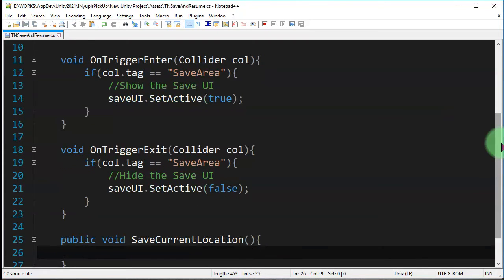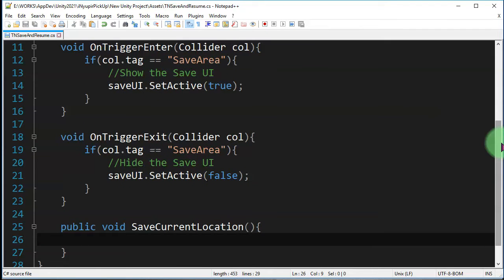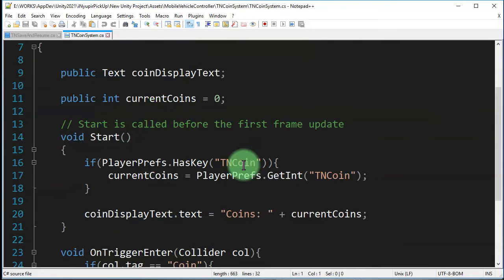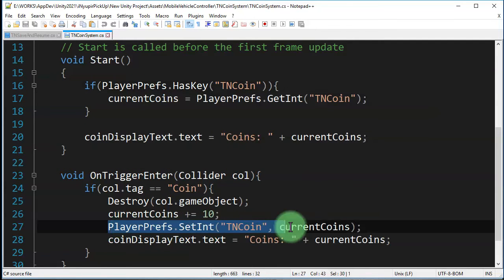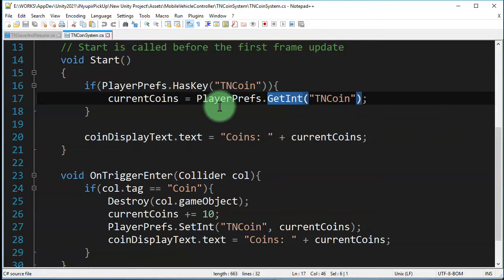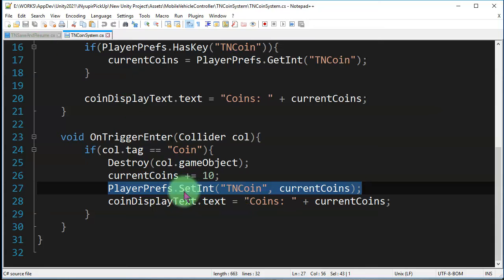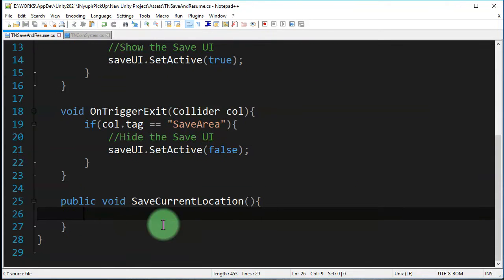What we are going to do here is to save the coordinate of the player to the Unity player prefs. What we did in the previous tutorial on the coin system, we did save the value of coin here, set integer to set the integer value of coin that we got, and here to load how much coin we have. So I'm going to do this same thing. Here I will set float. I will do player pref dot set float, and